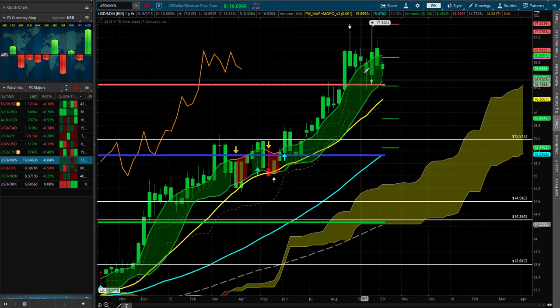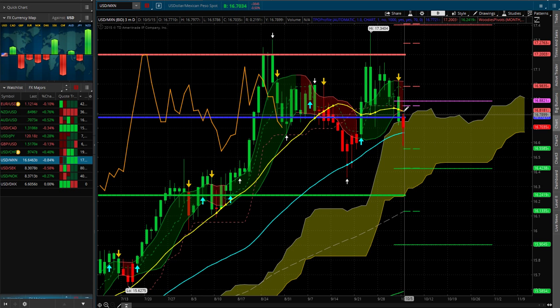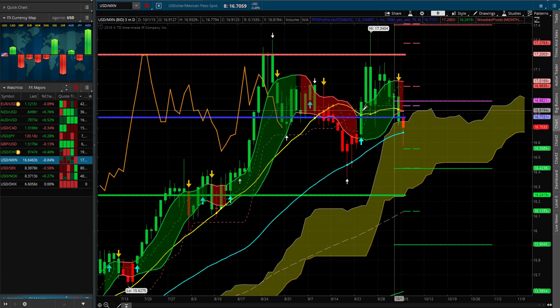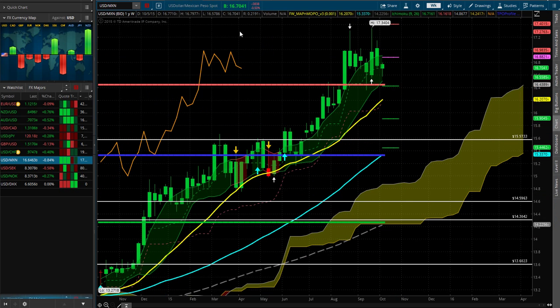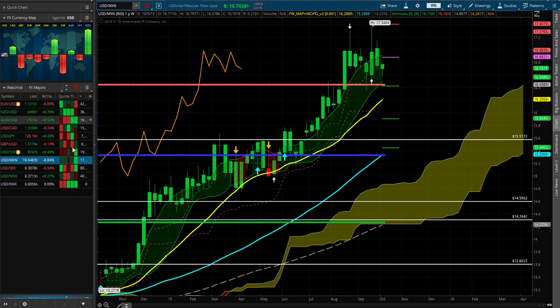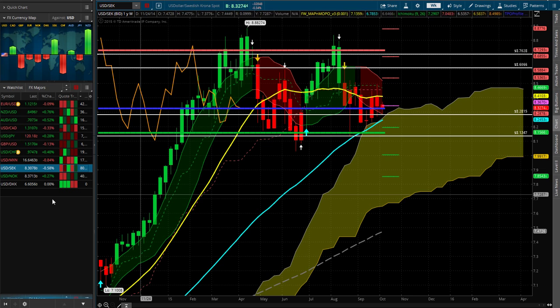I got out, and this thing kept going higher, so I missed this great opportunity. But the Mexican peso is really, really strong, and this is the weekly. On the daily, you're still below the 20, chopping around the 50, chopping around the cloud, but it's still strong short term. It's just going sideways in this range. But just look at the weekly. It tells you where you're at: above the 50, right here, the 20, in a good upward slope and speed. So it looks really good. I don't usually look at these, but let's see what they've got here in the weekly. This is chopping on the weekly.